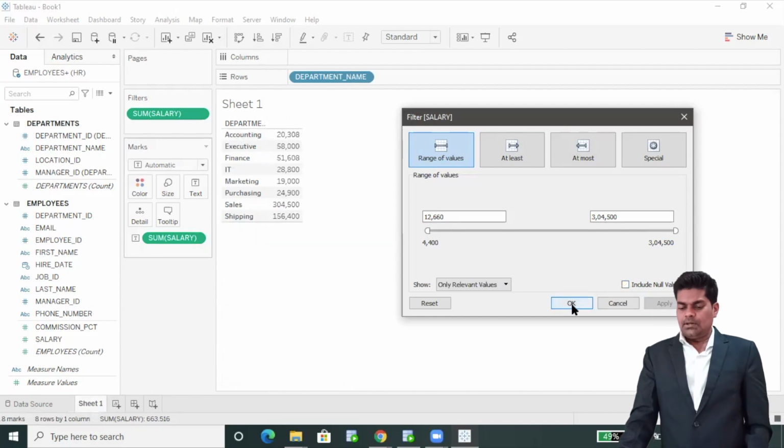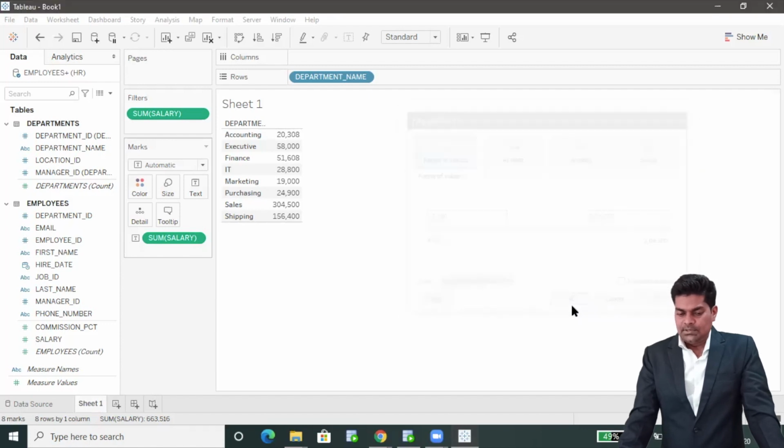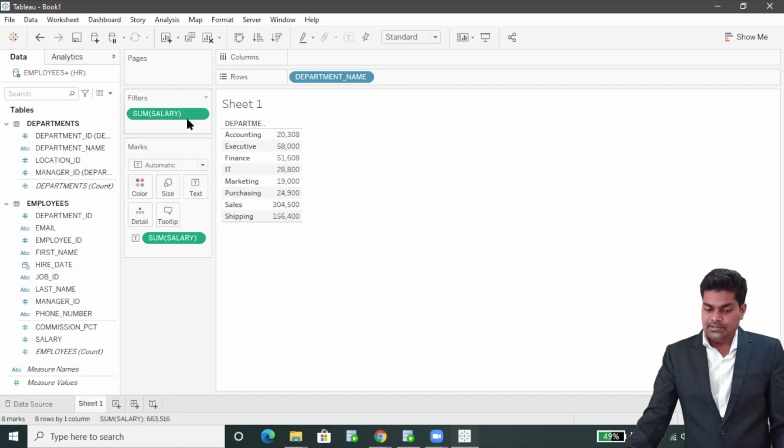Okay, so now I have removed null values. Now you can see these are the, so here we have used a filter.